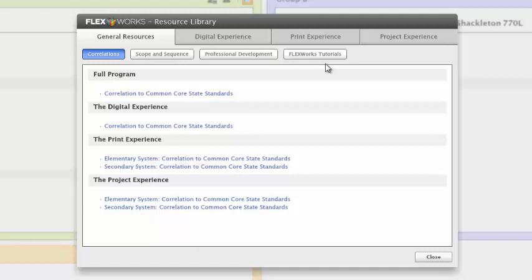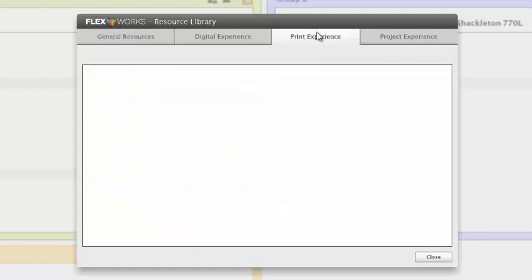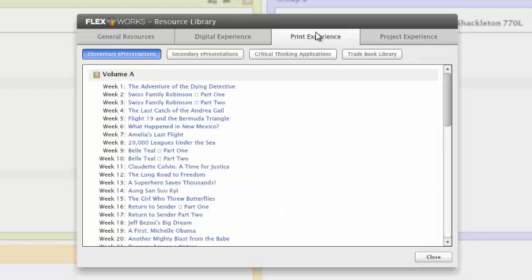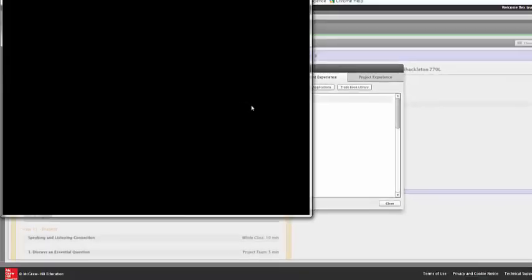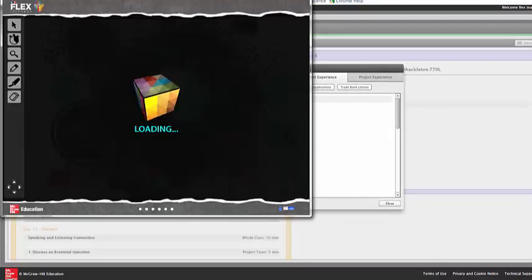Now, right now we're talking about the print experience, so I'm going to click on the Print Experience tab, and you can see that I have all of my weeks of instruction right here. Let's start with the first story, The Adventure of the Dying Detective. Now remember, you can use your Teacher's Edition and access it that way, but if you want to do an e-presentation on an interactive whiteboard, this is the way that you can do it. So once I click on it, it'll open up for me,